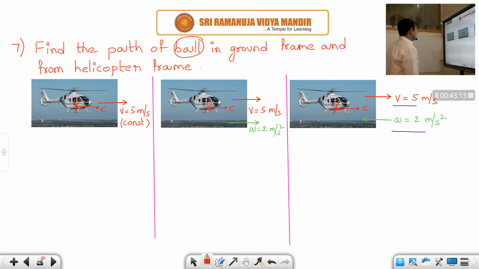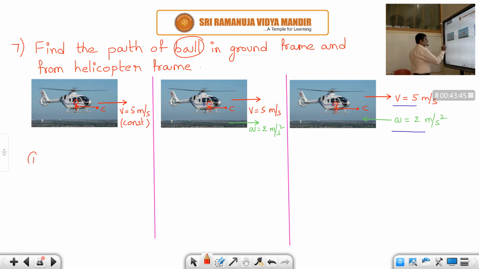So from ground frame it is very easy. Okay, students, you can easily draw, because given values are ground frame only, correct or not? So you can easily draw that one. It's very easy. I want you to do this as homework. Please try, this is not at all difficult. Take a single case first. First write down the values from ground frame for helicopter and for coin. Then find out the path of the ball from ground frame and then helicopter frame. Three steps.